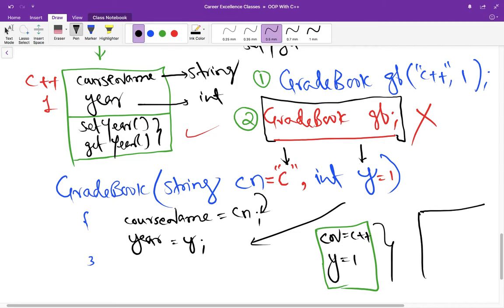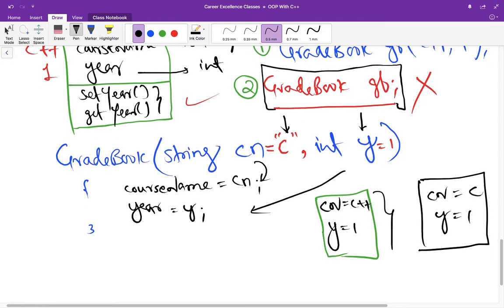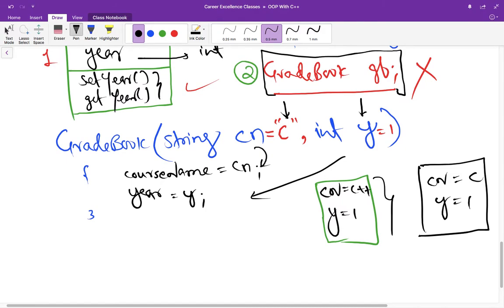So it will create another object, and since we are not passing any arguments, this will assign course equal to C and year equal to 1 by default. And a constructor that defaults all its arguments is also a default constructor. That is a constructor that can be invoked with no arguments, and there can be at most one default constructor per class. So now this is also a default constructor because you are making all the parameters default.